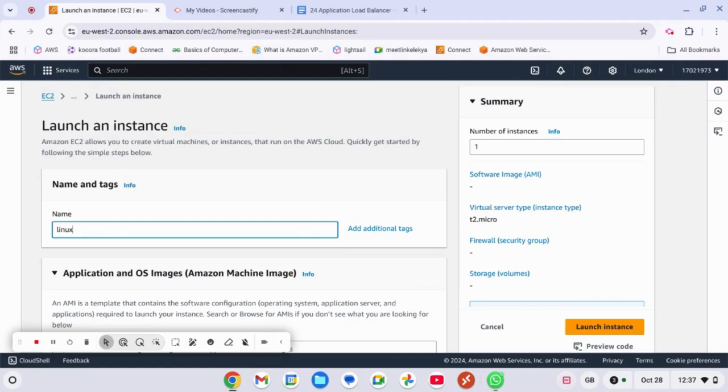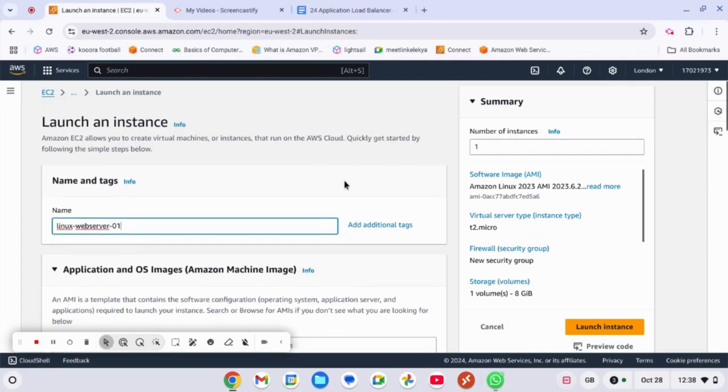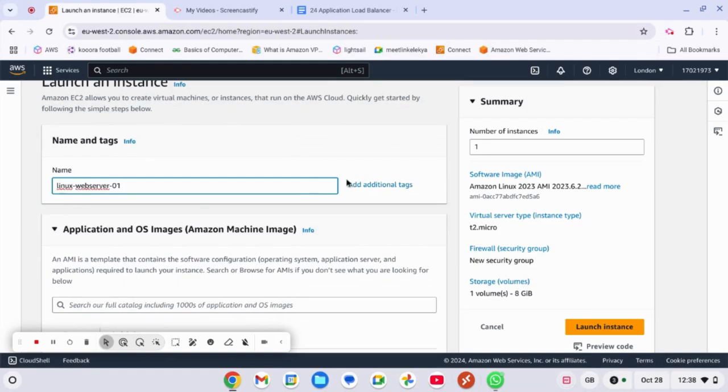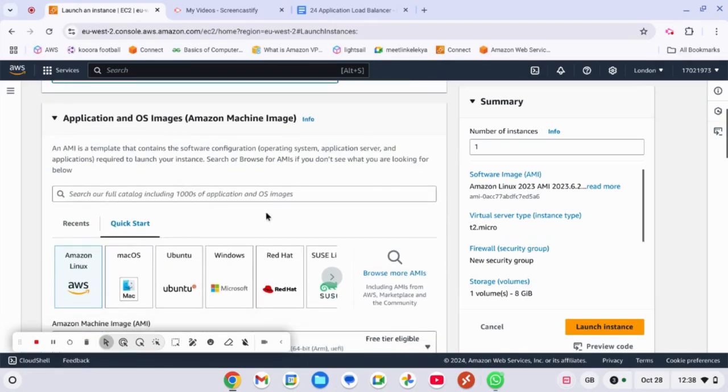Linux web server 1. Name the instance anything you like, but you've got to give a number to it because we're going to create 3. Linux web server 1, application OS image, Amazon Machine Image, AMI, Red Hat,